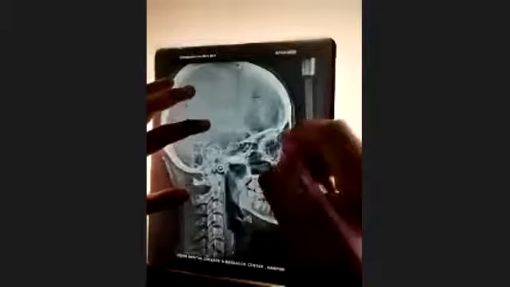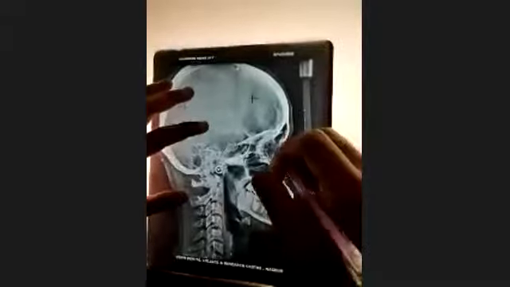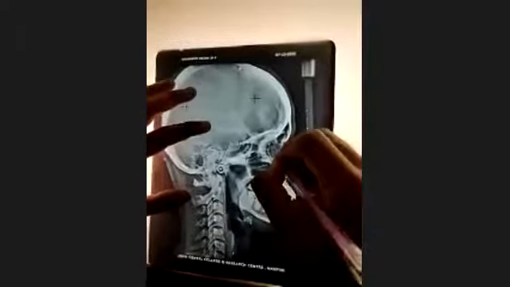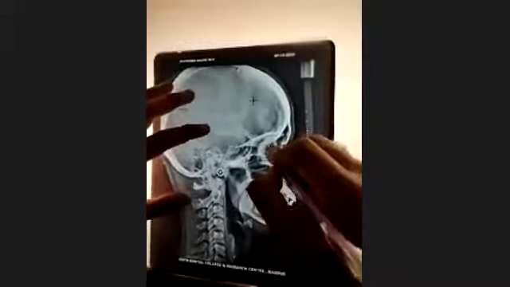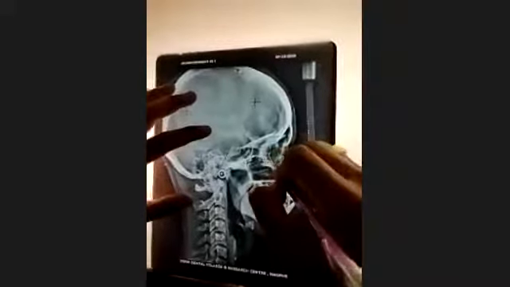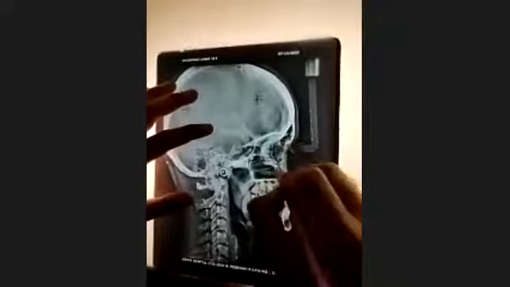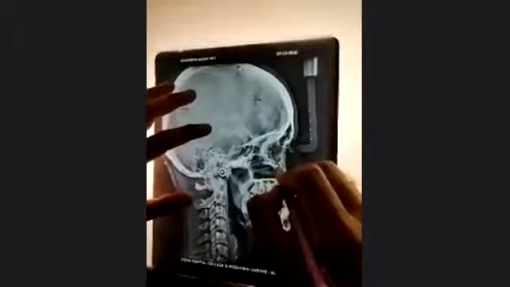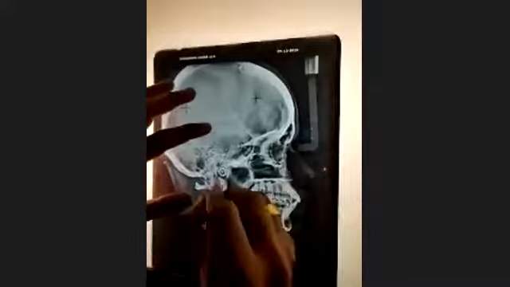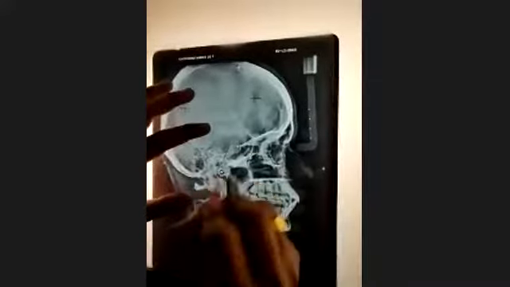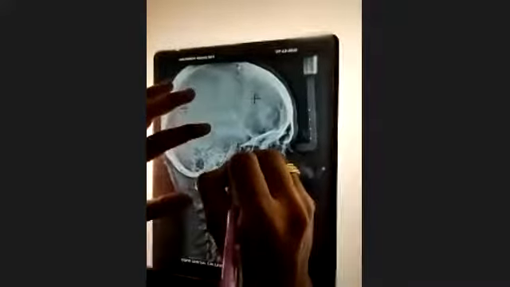So what you do, you trace both the lines and then you draw a dotted line in between. You take it as a mean, because it is a bilateral landmark. If it doesn't overlap in the patient's cephalogram, you will see two orbitals. So this is orbitale, this is porion, this is sella.